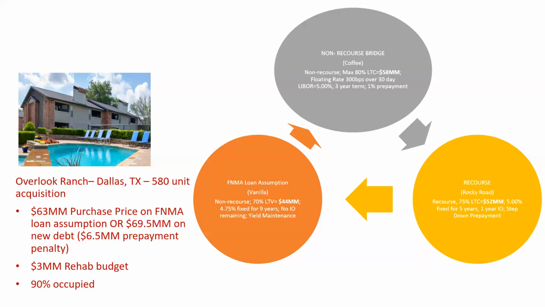So that's one of the risks right now when you go in with a bridge loan or a recourse loan, or even a new Fannie and Freddie loan, is if there's a change in the market and you can't get that new loan, your earnest money is at risk.